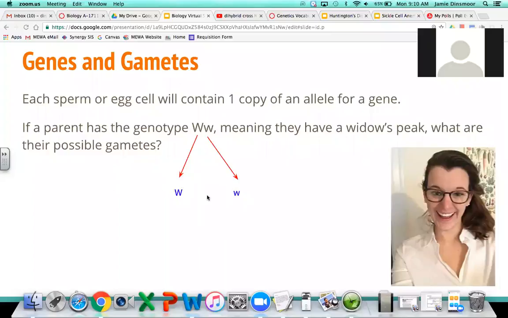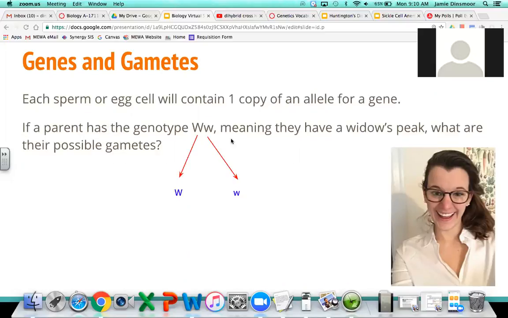So those are the possible gametes. That's it, right? This was a step that a lot of people missed when they started doing the dihybrid cross, or when they started thinking about inheritance. You have to think about the gamete possibilities, because genetics is all about possibilities, probability, percentages. And if you're not thinking about the gametes, the egg and the sperm, then you're going to miss some